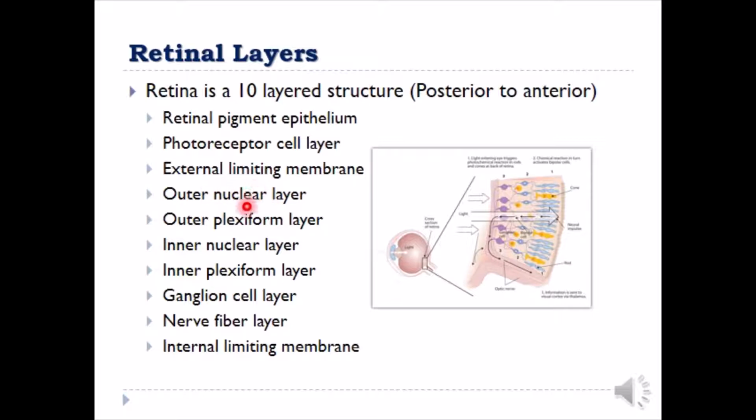We know that every cell in our body has a nucleus. If you look here, there are small dots, the nuclei of each of these photoreceptor cells. This layer of nuclei is the outer nuclear layer,